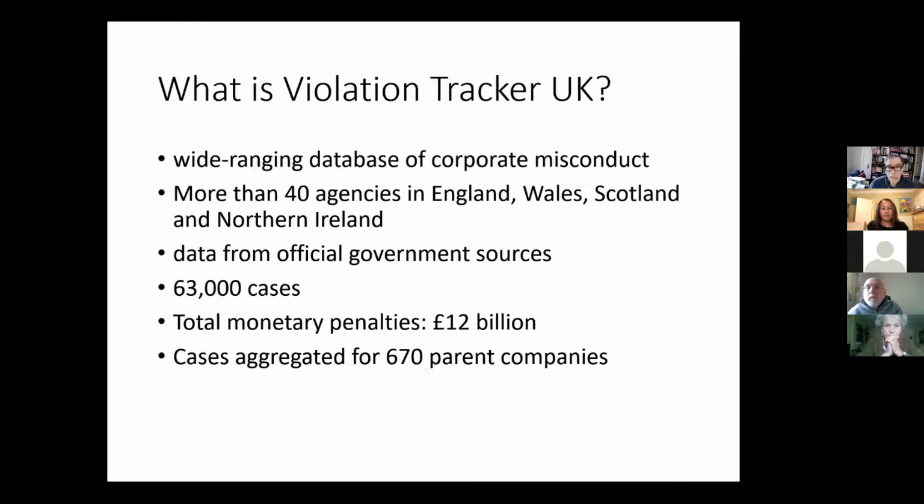These are all resolved cases. These are not pending cases. They're not reported cases or anything of that sort. We collected a total of more than 63,000 cases. And those cases have total monetary penalties of over 12 billion pounds, but there are many cases with no monetary